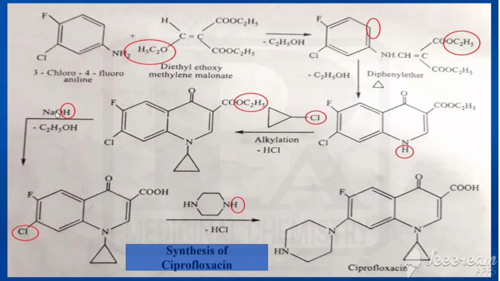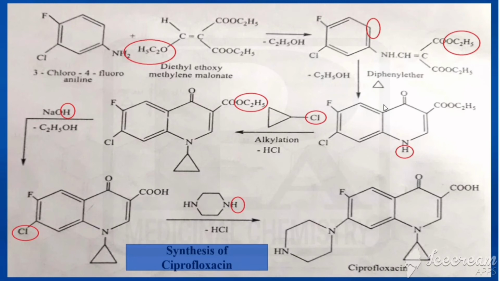Now we are going for hydrolysis by means of sodium hydroxide. On hydrolysis, what happens? There is a cleavage between these two oxygens. So OH should be attached here and H should be added here. So C2H5OH should be removed. Here what would be added? OH, I said. So it would be converted to COOH. Now we got that. Now we are adding piperazine. By that addition, this H combines with Cl and is removed as HCl. That's why this piperazine would be attached to the 7th position of this one, and we are getting ciprofloxacin.